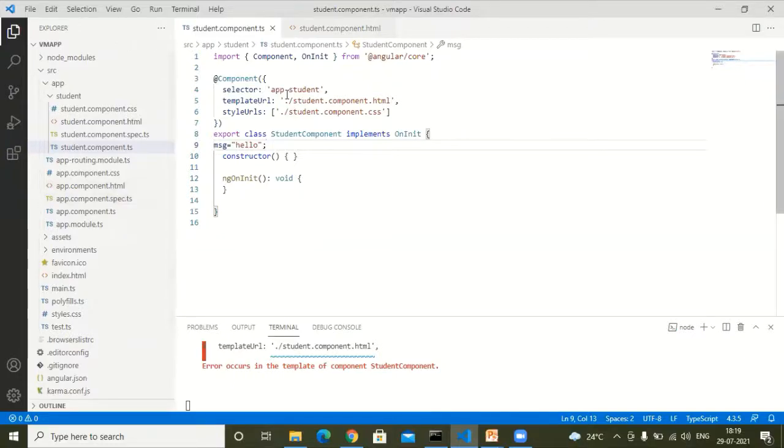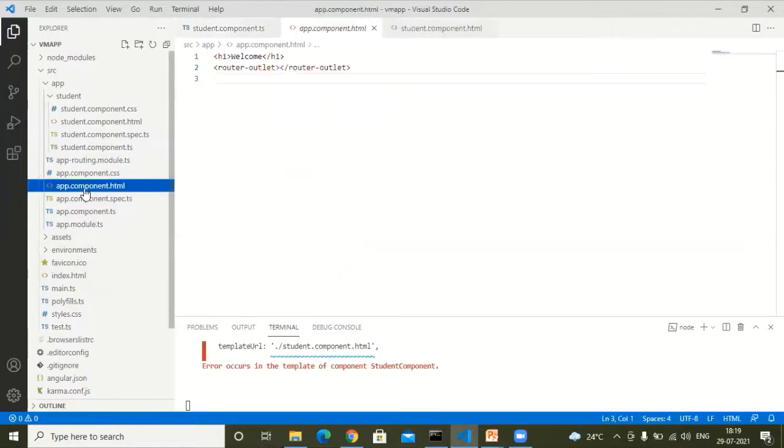So we have to specify how we are going to do that. We have to add here the app student, and then you have to copy that app student. Why? The selector. When you want to open the student component.ts, student component.html, it needs to be specified to your app component.html.